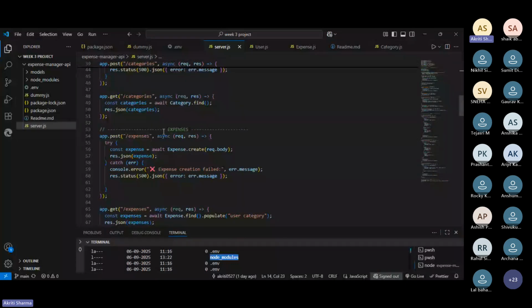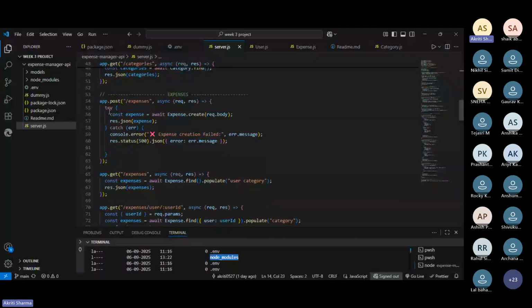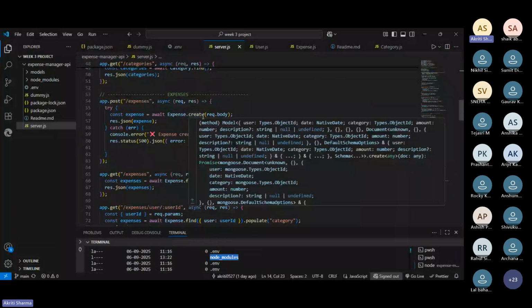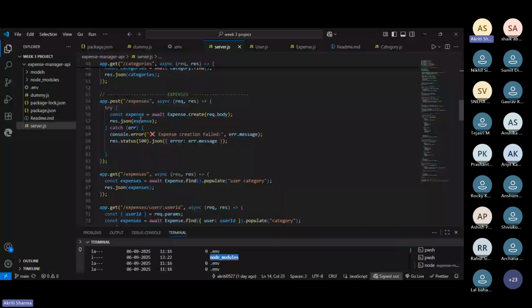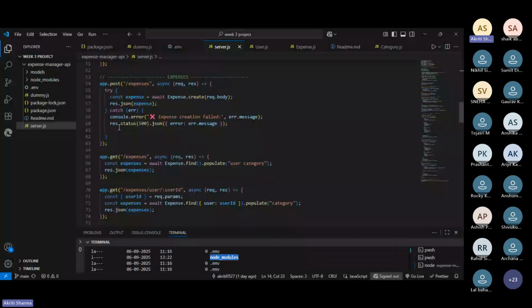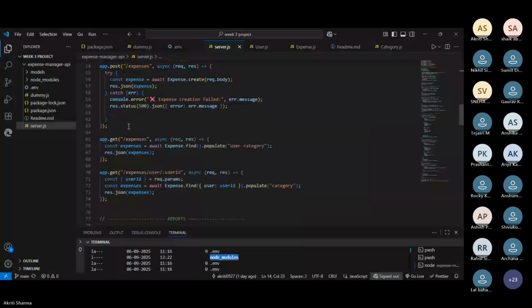And in the expense section, I first create an app dot post method. Firstly, I create an expense by using the expense dot create method and give a JSON response, and using the catch method to console the error message.